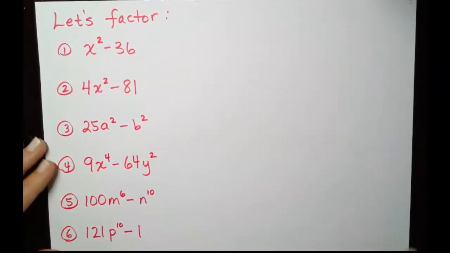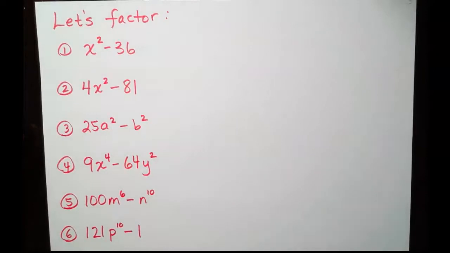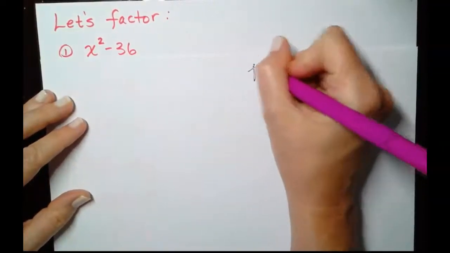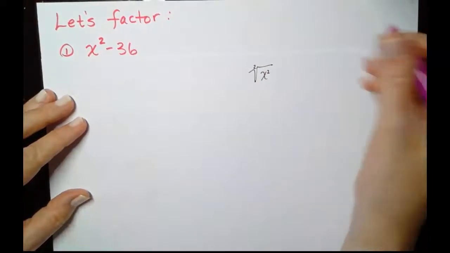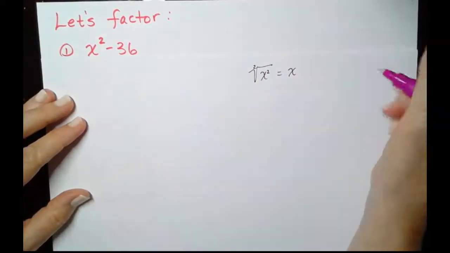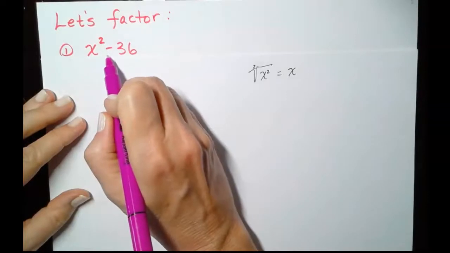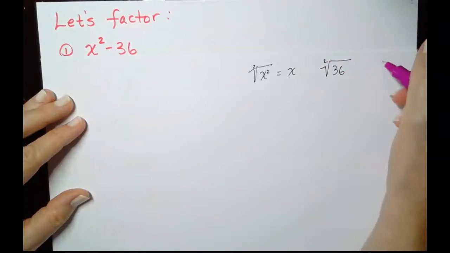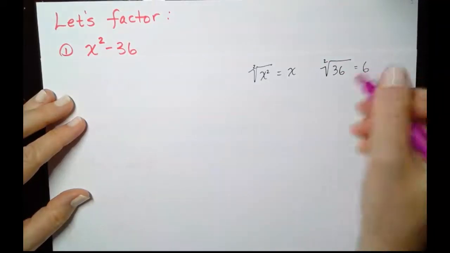So let's do some factoring together here. All of these now, we're given the difference of two squares and we need to factor. In order to do that, we need to recognize that we actually have perfect squares and they are in a difference. So first of all, what is the square root of x squared? The square root of x squared is x. And is it a difference? Yes. Check. Next, what's the square root of 36? The square root of 36 is 6. Why? Because 36 is a